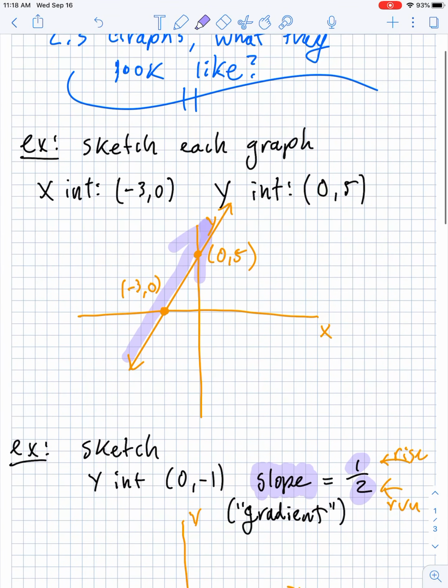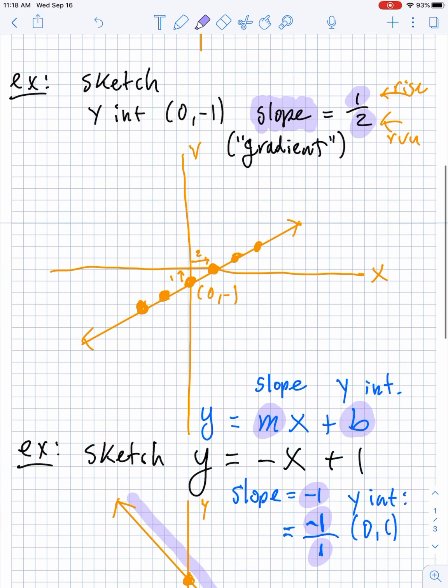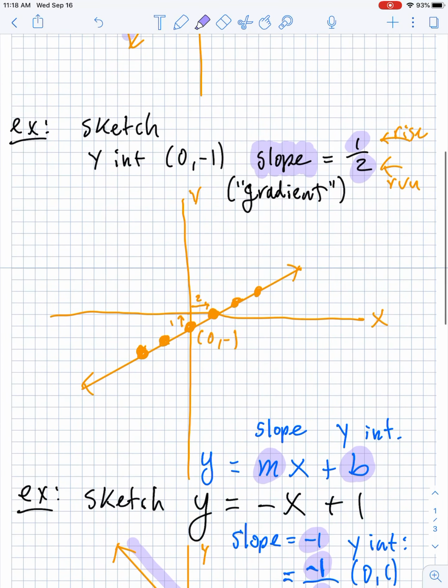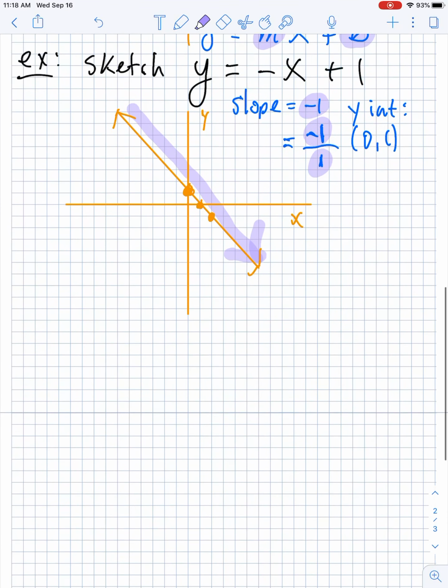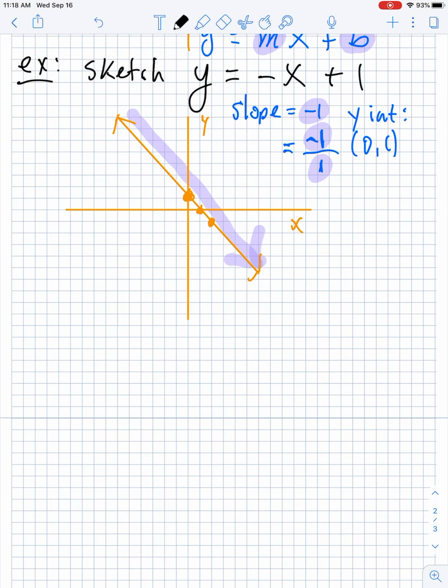You can graph with the two intercepts and connect them with a line. You can start with a point on the line and then use the slope to find more points. Or you can use the y equals mx plus b, which is very similar to this method. And then the third method, which is actually kind of my favorite, depending on how they give you the equation,